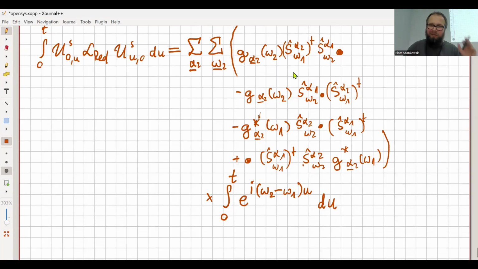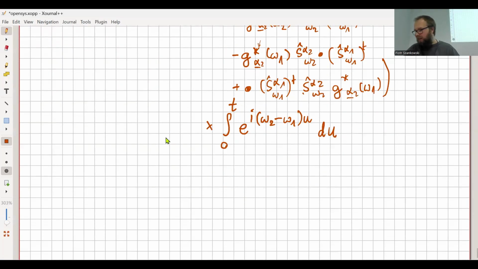And you have a billion terms here: 2 omegas, 2 alphas, different configurations, different coefficients. Everything looks nightmarish. However, and this is where we can finally get to the last approximation we need,